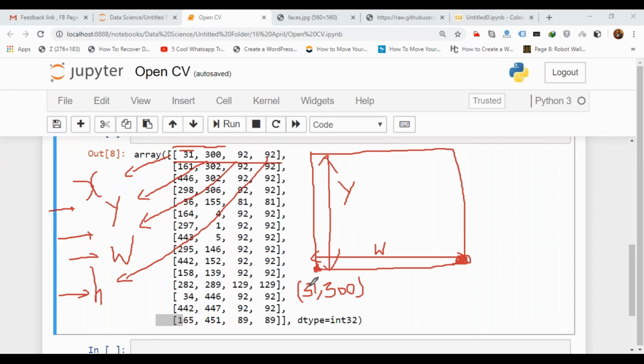This 31 is added to 92, that is 123, and 300 plus 92 gives 392.